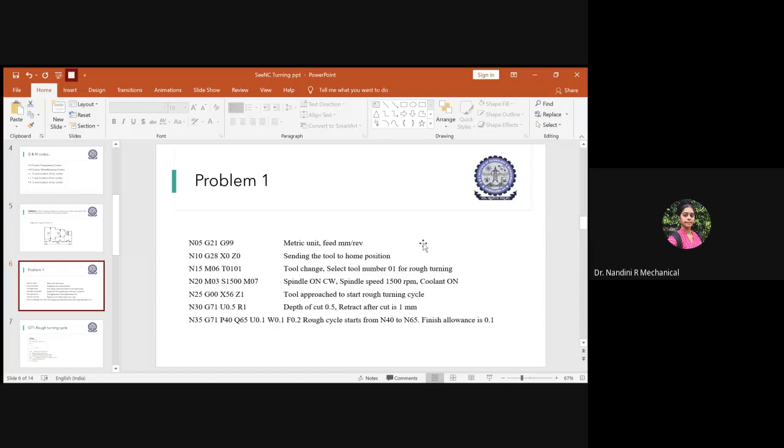As a result, you have to keep the tool away from the home position. For that, the very next step is, if you have written the sequence order as N05, next you will write N10. Then to keep the tool in home position, you have to use the code G28. If you are writing G28, that shows that your coordinates are at X0 and Z0. In CNC turning, the Y-axis will not come into the picture, so don't think about that.